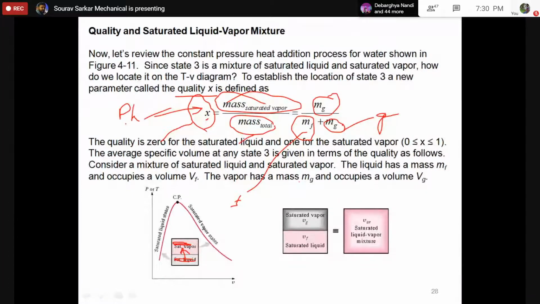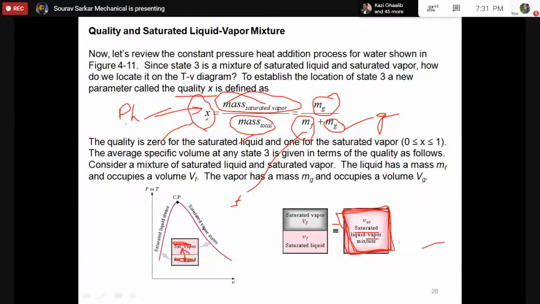So whenever you have a mixture, that mixture can be averaged as a uniform substance. As it is homogeneous, I told you, it is a pure substance. So as it is a pure substance, you can consider this whole thing as a saturated liquid-vapor mixture. You can consider there is some liquid, there is some vapor, and someone is mixing this liquid and vapor simultaneously with a kind of spoon so that it can create a uniform mixture.